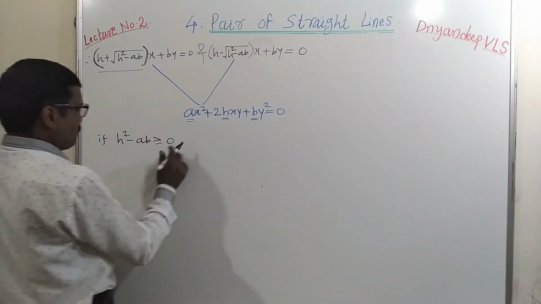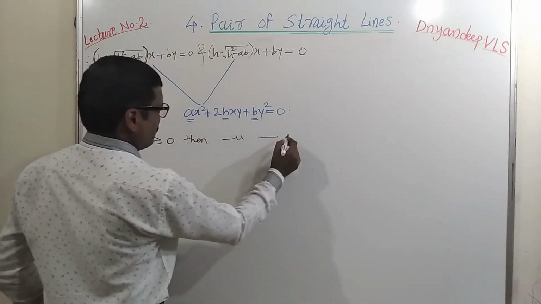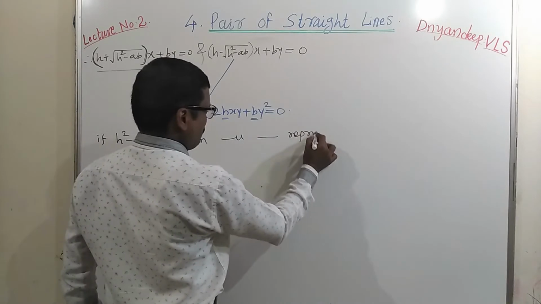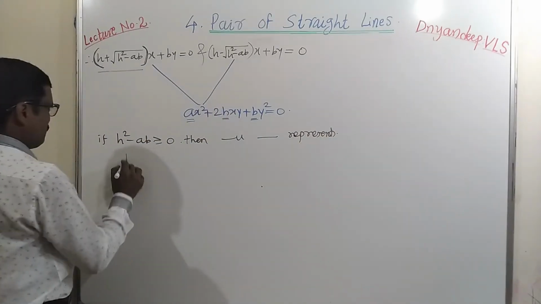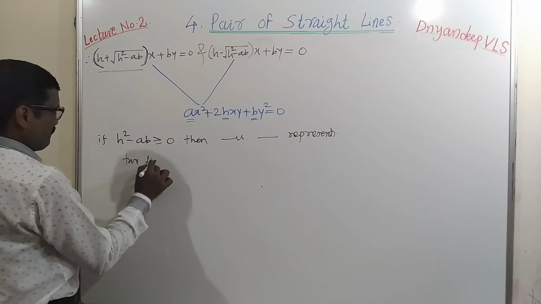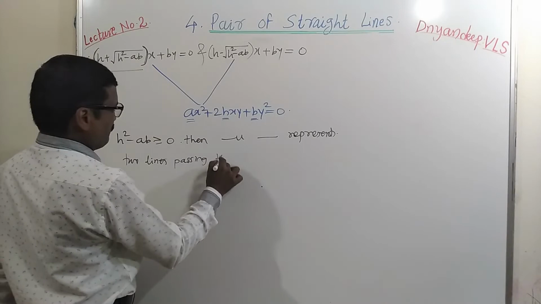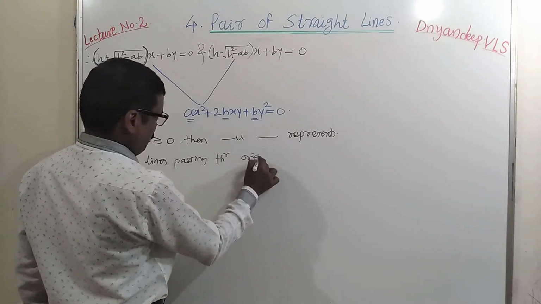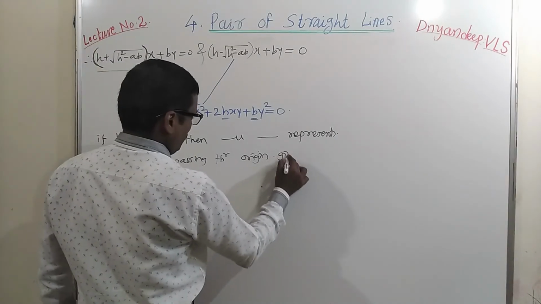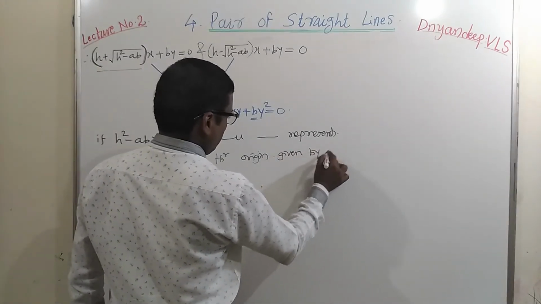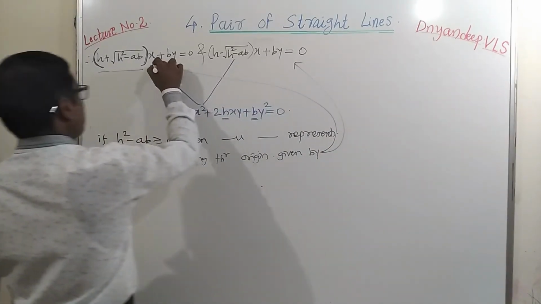If h square minus ab equal to 0, then this equation represents two lines passing through origin, given by these two equations. Okay,